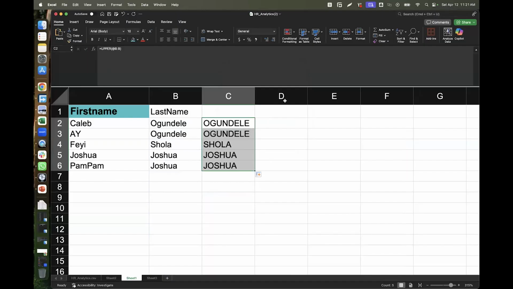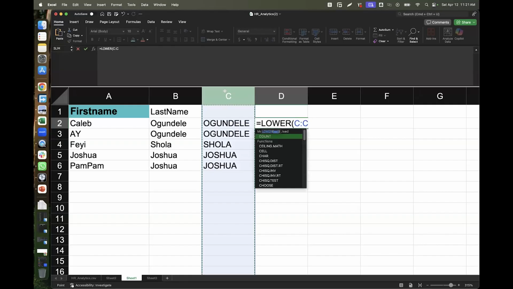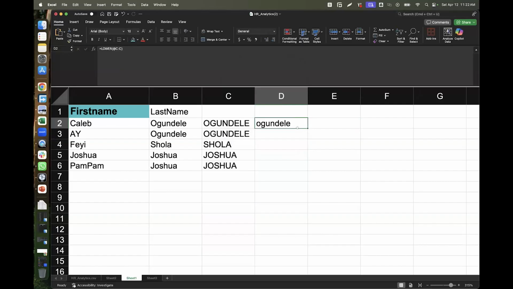I can also do the same thing for lowercase and say I want everything in lowercase, and I'll say equals lower, and I will do this. I'll close the brackets, and you can see that everything is now in lowercase, right? So that's another example for us.